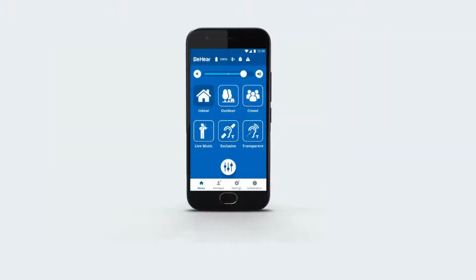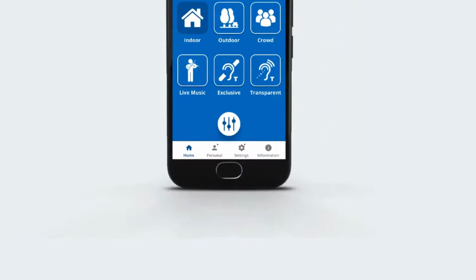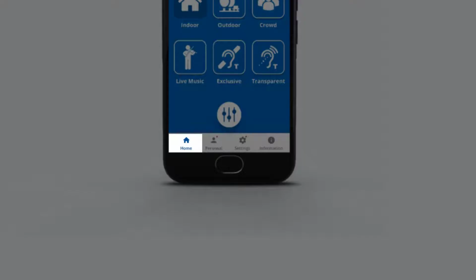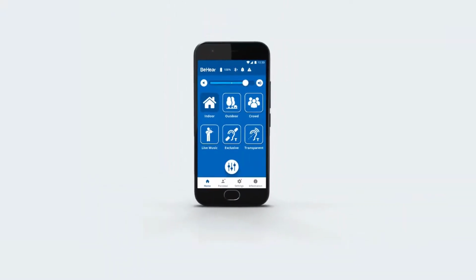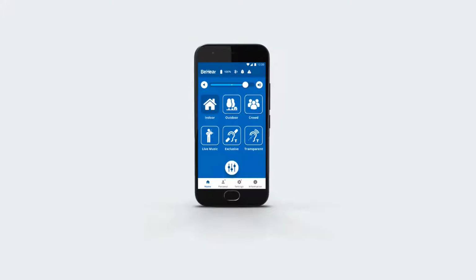If you haven't yet downloaded or paired the app with your smartphone, watch this video and then come back here. In all of the app screens, you can see the battery level here, the Bluetooth reception level here, and new notifications here. Different sections of the app can be accessed using the icons at the bottom of each screen: Home, Personal, Settings, Information. The app's home screen changes automatically depending on the actual state of the headset.